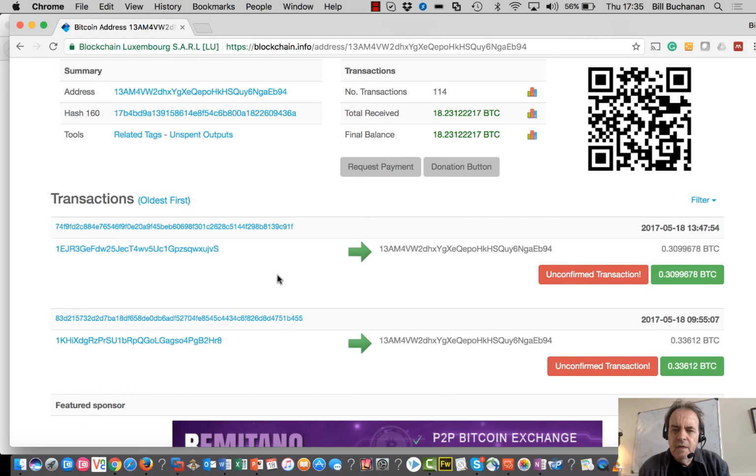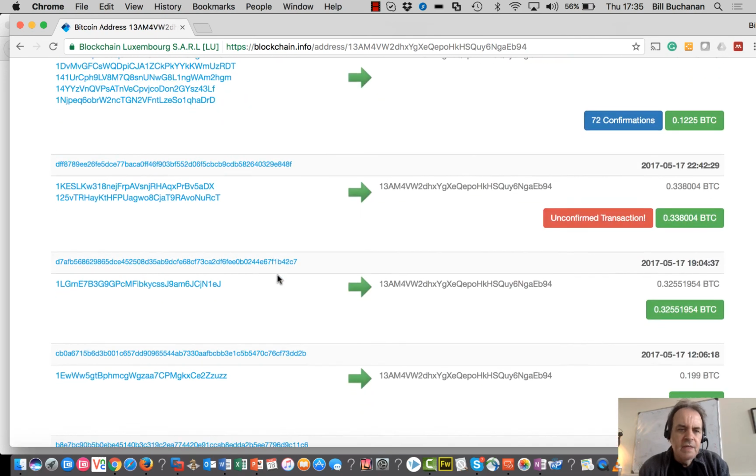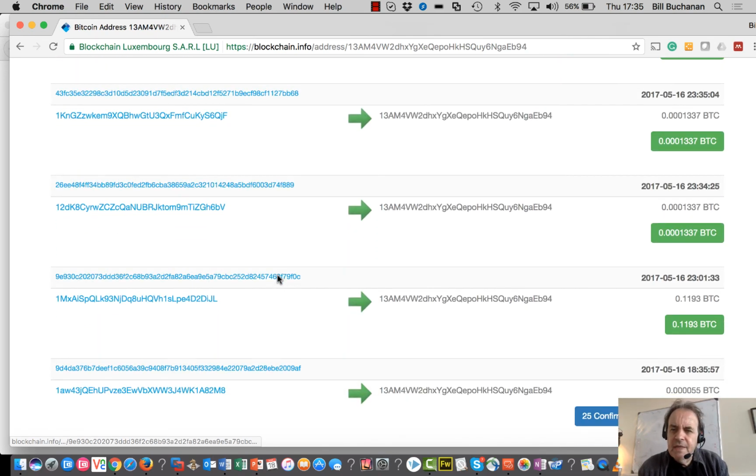Okay, so we can look at the transactions there. These are all the payments that have been made.